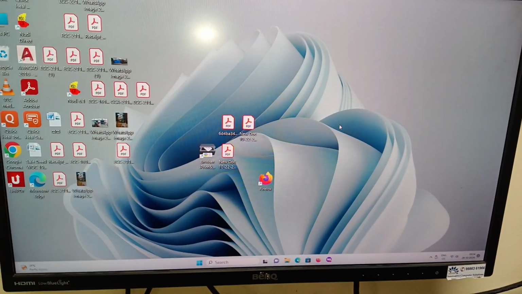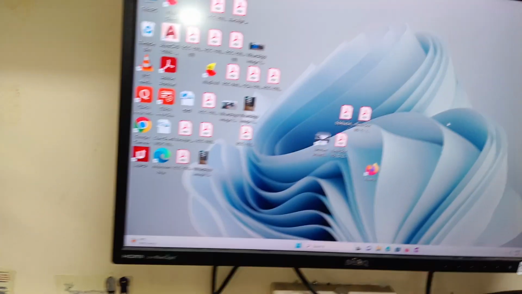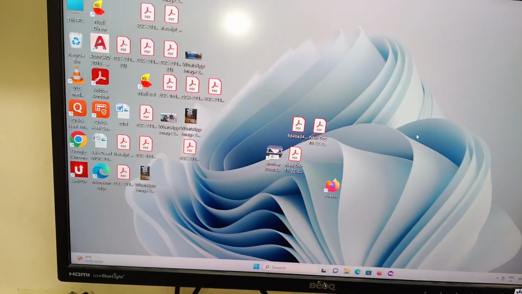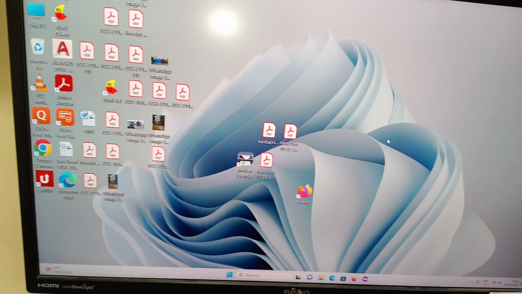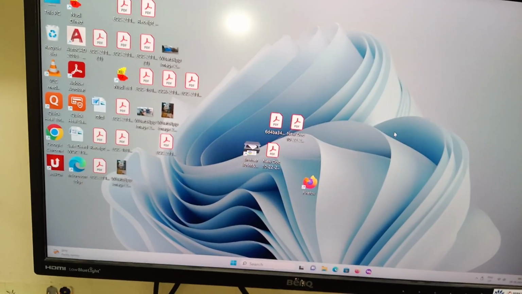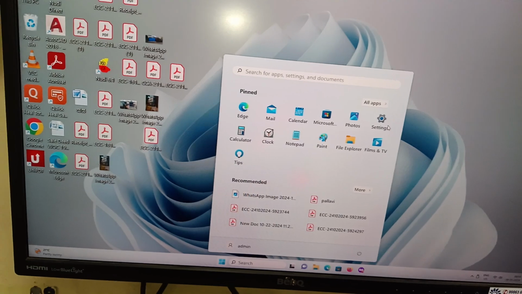Hi friends, now we have Windows 11 and also Windows 7 operating system. In both the systems, I want to know when I installed the Windows operating system. For this, first you go to the command prompt here,